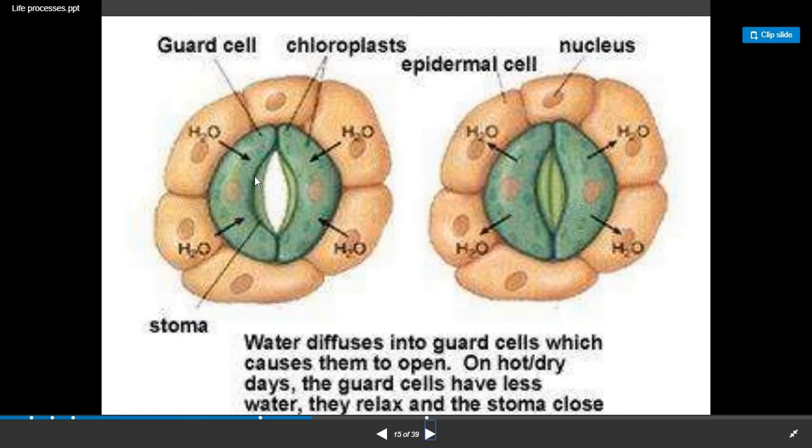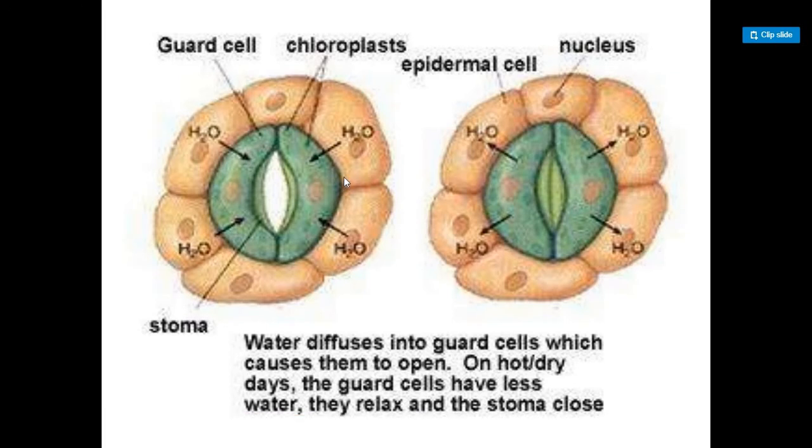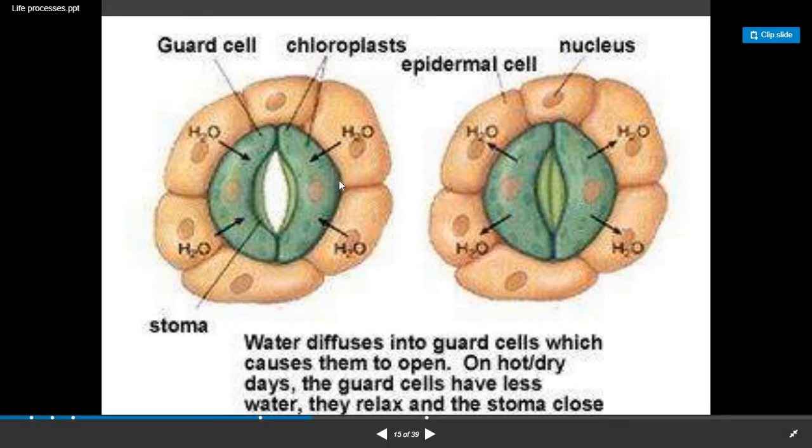Now, when does the stomata get open and when does it get closed? It gets open whenever water enters into the guard cells. Students, please note, as water is absorbed by the plants, it enters the green part of the leaf, and in the green part the stomata are present. The stomata help in the exchange of gases.